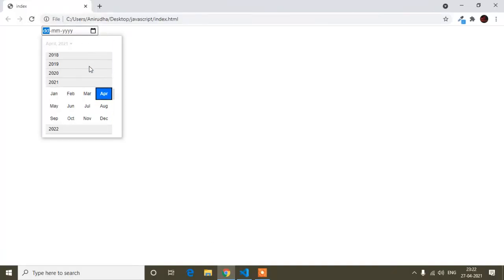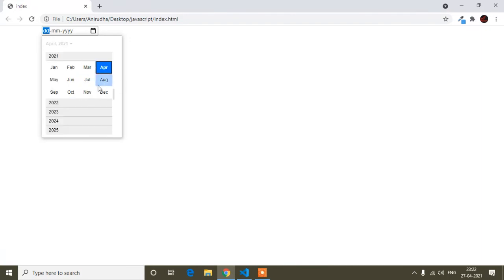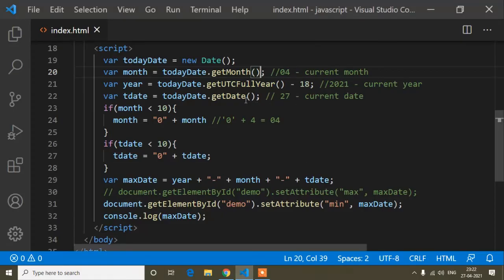So refresh, and here if I go to 2003, you can see in 2003 I can select up to March also. So this way you can set the min and max date property.